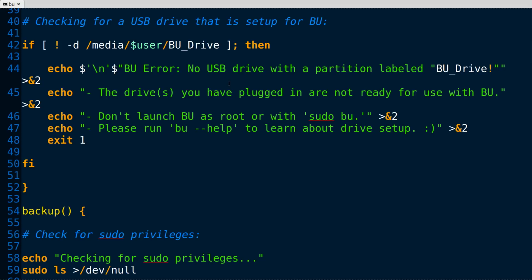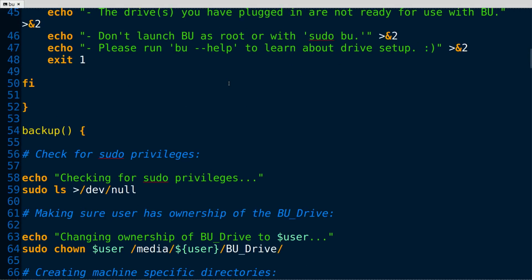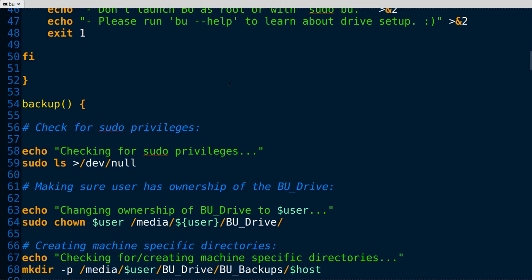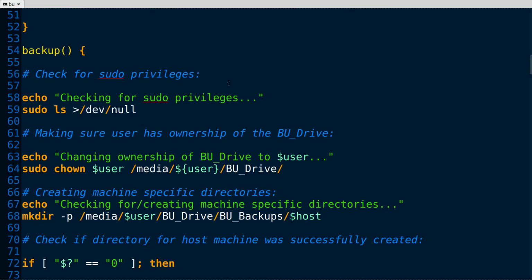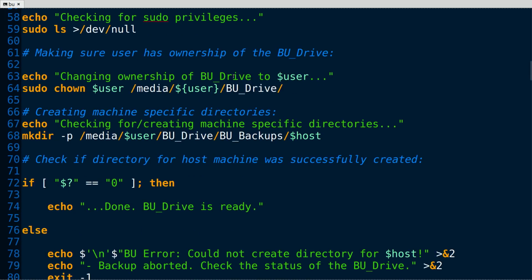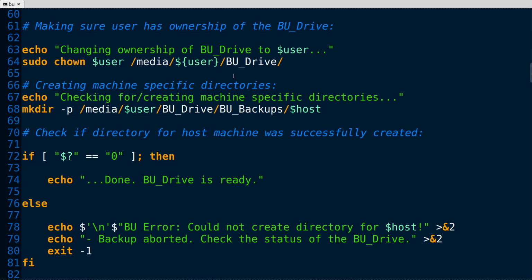It used to do this automatically and try to format the drives, but then there were problems with that. That's back in the XBT days. People were plugging in really large drives that have to use GPT partitions, and you have to use tools that are more complex than parted to do that. And I was like, okay, well, I'm just going to let the user do that. So it checks for sudo privileges, and then it runs.